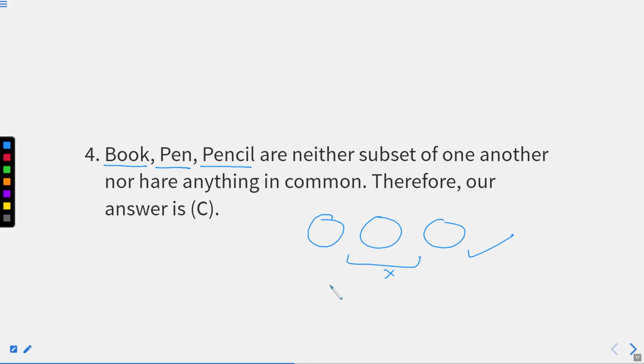Till question number 4, I think I have explained you well. Till now you have understood what a Venn diagram is, how a Venn diagram is used, and how the application of Venn diagram is helpful while solving these questions, right? Or to represent relation between things which have something in common, or which are totally different from each other. All these things can be represented with the help of a Venn diagram. I hope this part is clear.